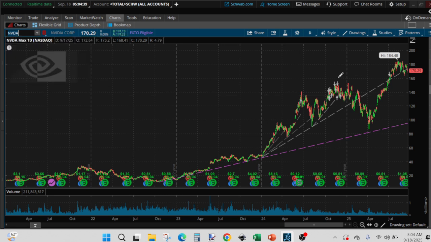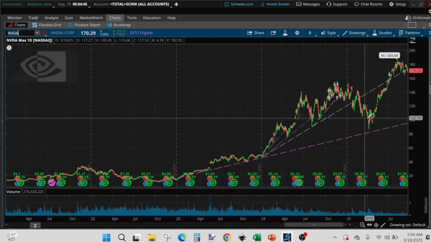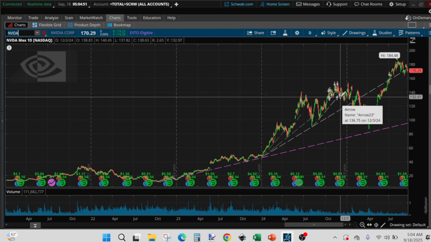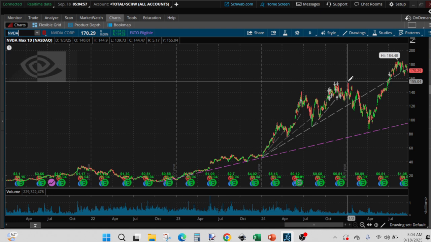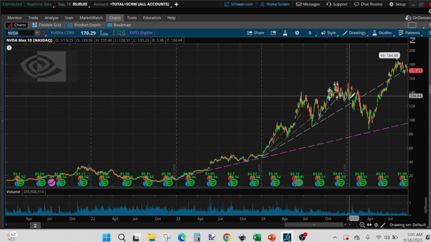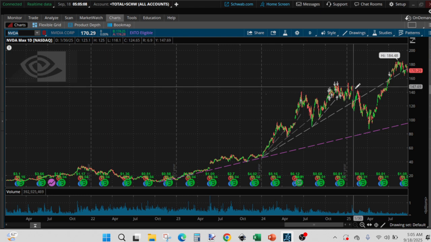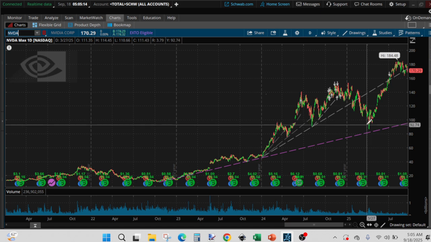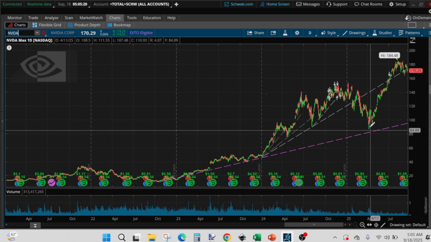So NVDA, we purchased a few times in 2024 using the short up to long swing trading strategy, and in 2025 we wanted to use the long up to long swing trading strategy. So when we were buying in 2024, we bought it again, it pulled back, made a new high. We didn't sell it, and guess what? It pulled back, went up, pulled back. Pretty much it was making lower highs or lower lows. This low is lower than that, which is lower than that, and so forth, until it touched base with this